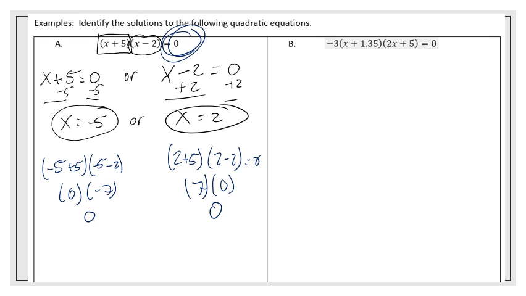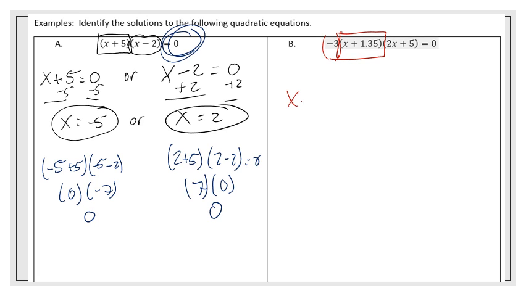Now, example B, I have one factor of negative 3. Negative 3 is a constant. It's always going to be negative 3. It never changes. So that we can't really do anything with. But